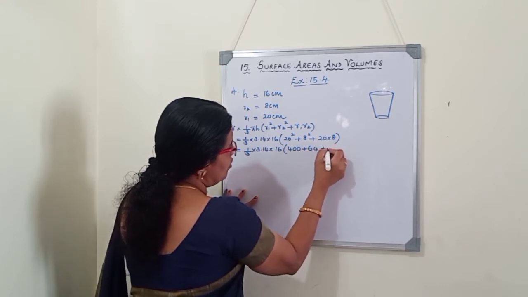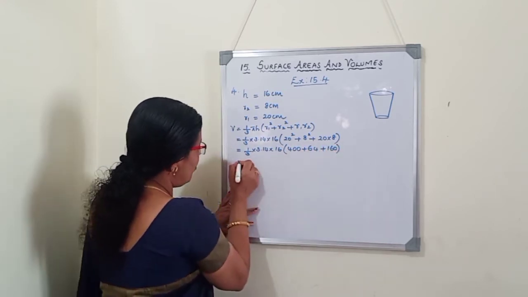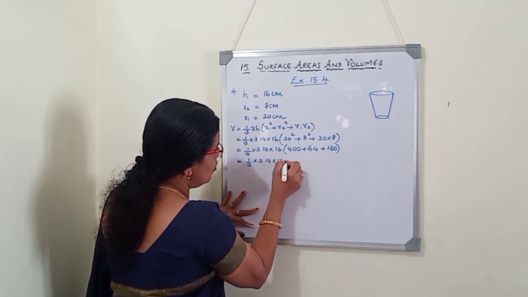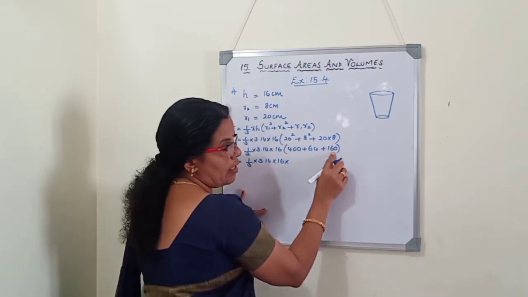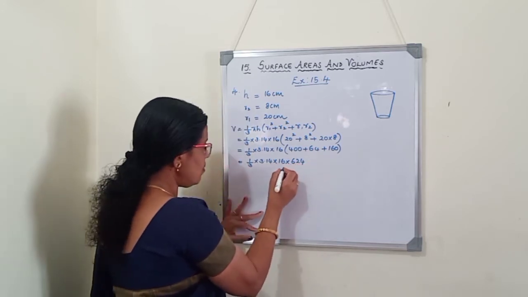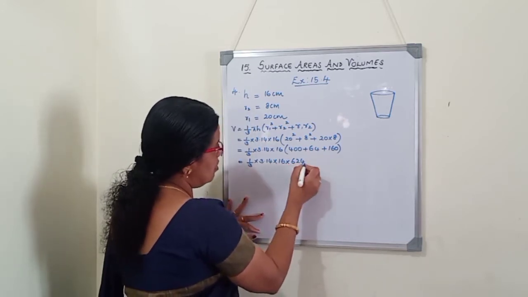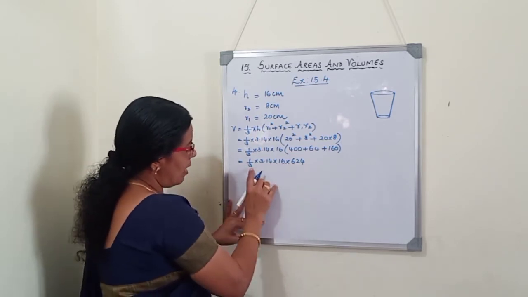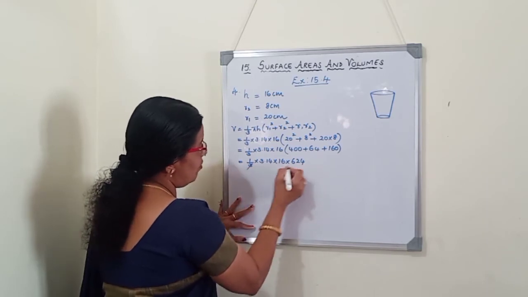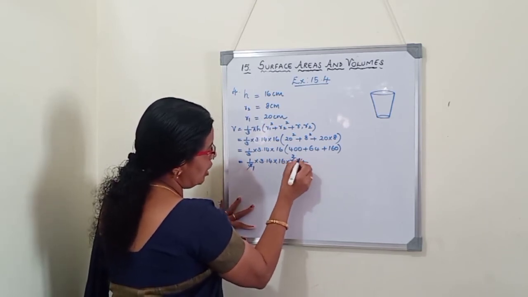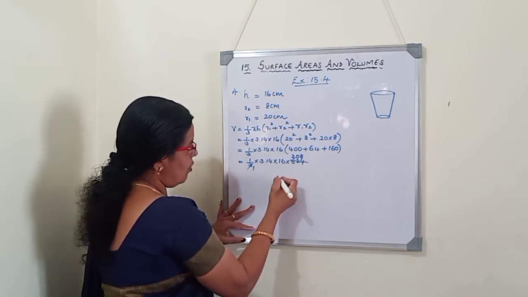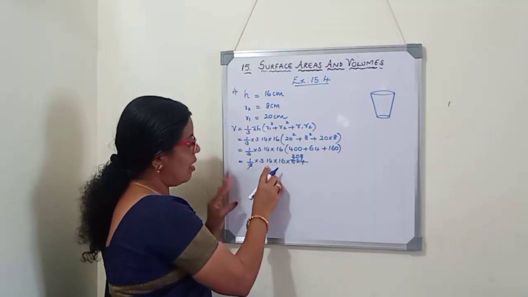4 16s are 64 and 8 2s are 16, 160. So we will add all these: 1 by 3 into 3.14 into 16 into 400, 500, 560, 624 we will get. Then now we will see. We can cancel 3 and 6, 24. 6 plus 2, 8 plus 4, 12. So we will cancel it. 3 ones are 3, 3 twos are 6. 24 at a time we are taking. So write 0, 3 8s are 24. So the remaining numbers, multiply these three numbers.